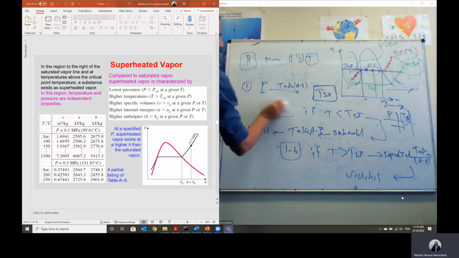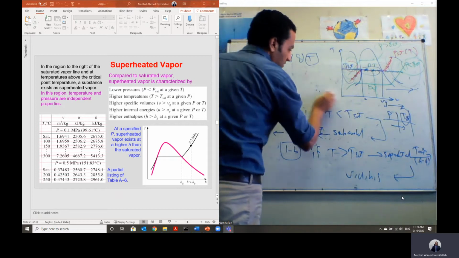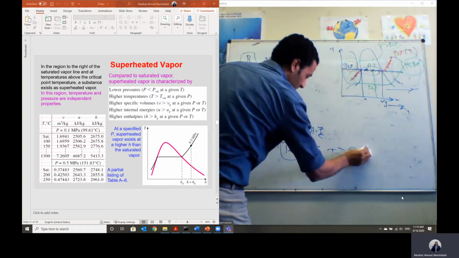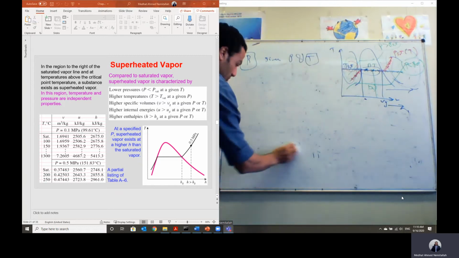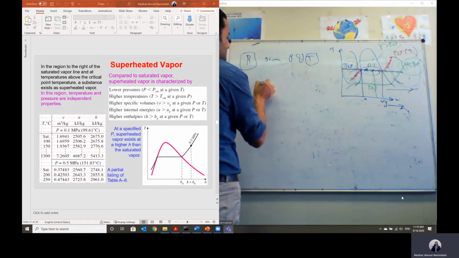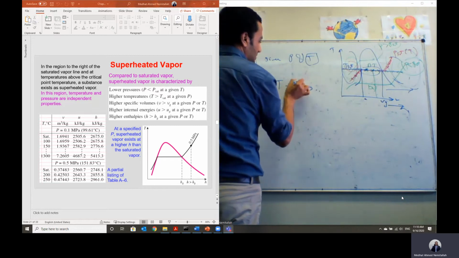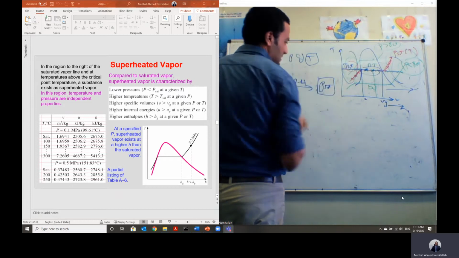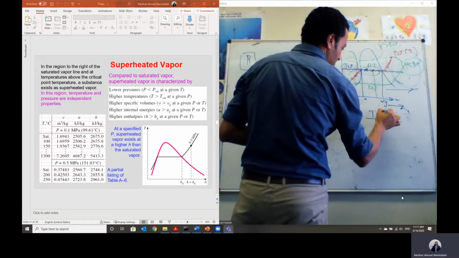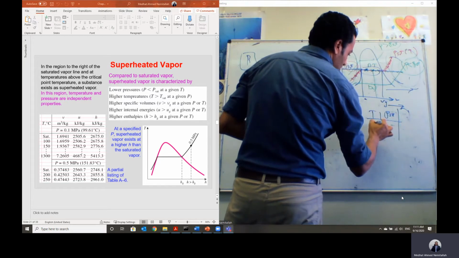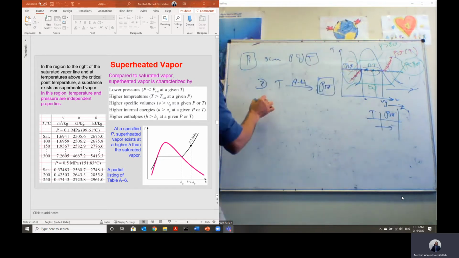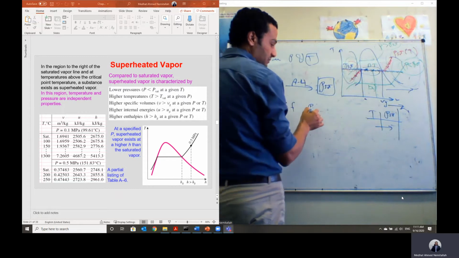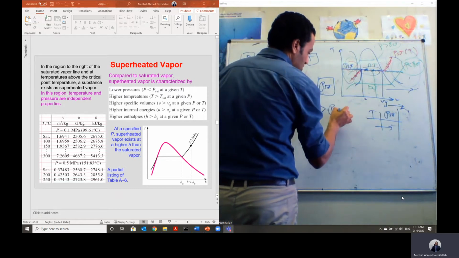So if pressure and temperature are given, either take the pressure and go to table A5, or take the temperature, which is the same, and go to table A4. So the second option is to take this temperature and go to table A4. In this case, I will get from table A4 the saturation pressure. In table A4, you will find the temperature, and beside the temperature will be the saturation pressure. And then compare. Case 2A: